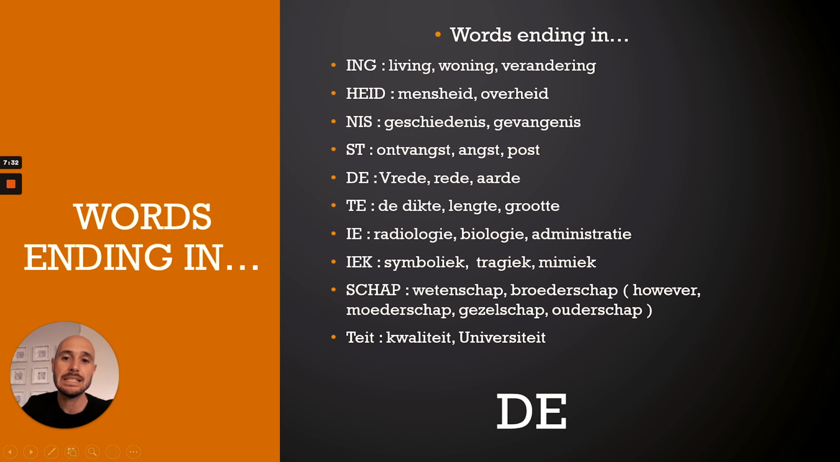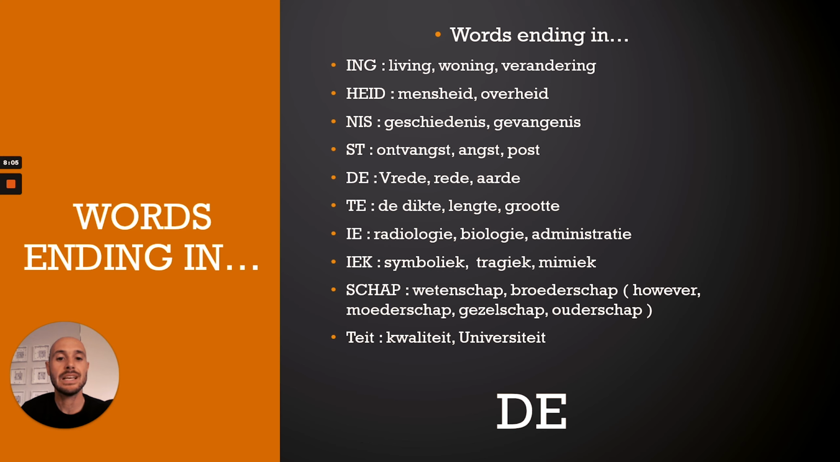Right? And then basically this one is not as straightforward, but I try to make it as clear as I could. Words ending in the following letters. Words ending on ing, such as de living, de woning, de verandering. Words ending in heid, mensheid, overheid, humanity, government. Words ending in nis, geschiedenis, gevangenis, history and prison. Words ending in st, ontvangst, angst and post. So receival,